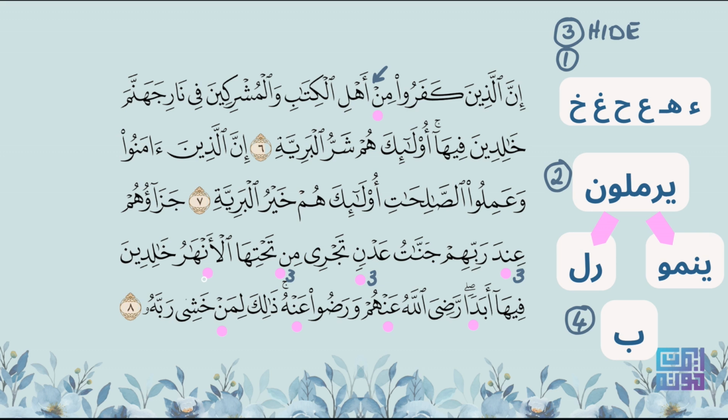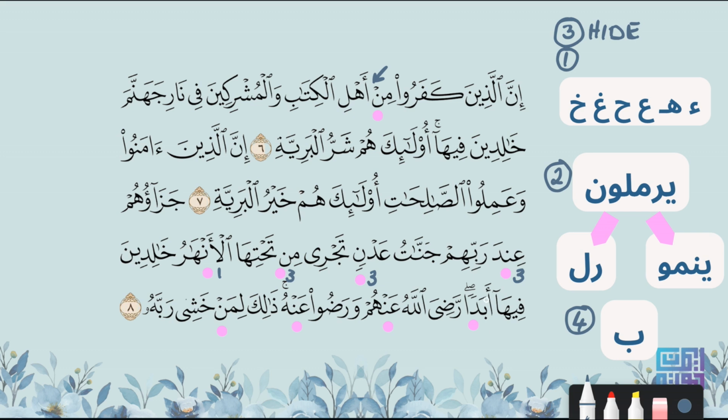What about this one? Al-anhar. I have a ha after the noon sukun. So this ha belongs to which group? To the first one, the throat letters. So this is izhar. I'm going to pronounce the noon, and the noon has bayniya, meaning that when I pronounce the noon, I need to give it a little bit of time so that the sound of the noon is complete. Al-anhar. Okay, so this is rule number 1, which is izhar.